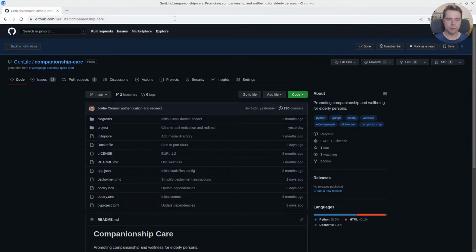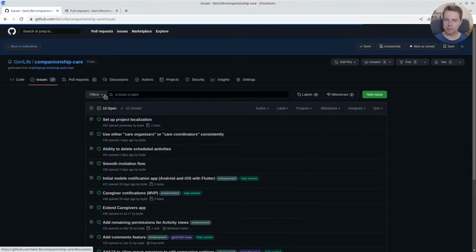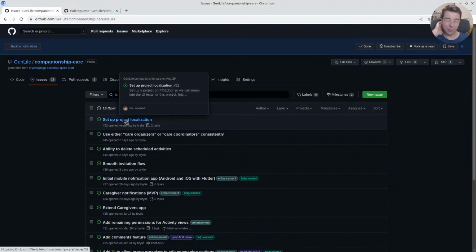Today we'll be continuing to work on the companionship care app. I've got a little bit of pull request review from a new contributor. We'll take a look at that in a moment, and we'll select an issue. I think we're going to take a look at this project localization task so we can get some translation rolling